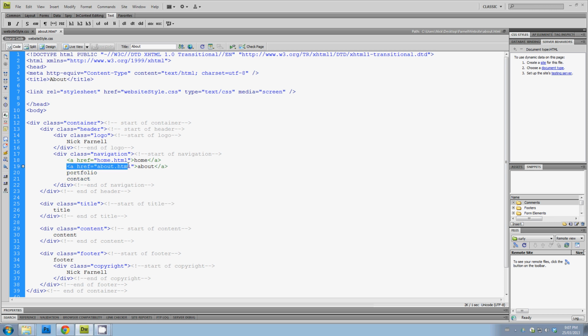And we're going to do the same for portfolio and contact and change it to portfolio.html and contact.html. Make sure to close off the anchor tags, the link tags. So right now what we've done is we've added home.html to the word home, about to about, portfolio to portfolio, and contact to contact. Again, make note of these different file names and remember them when you're creating your next